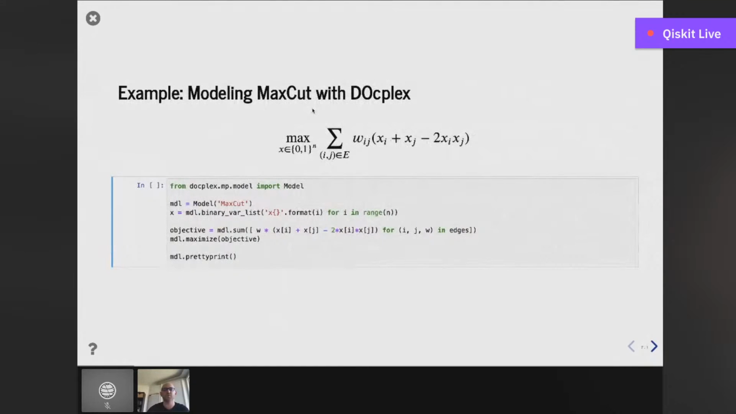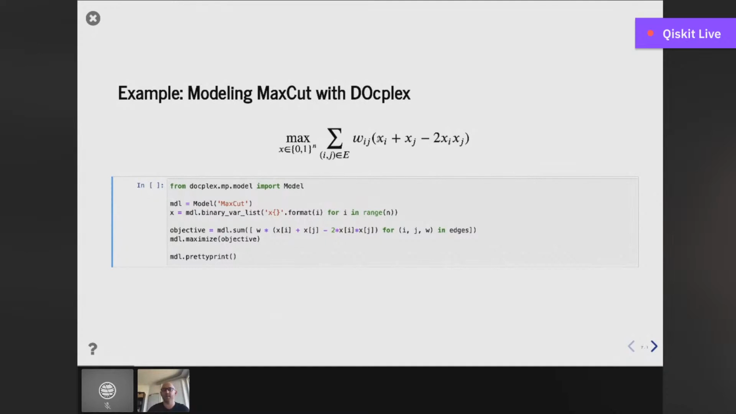And now let's see how to model that with DO-Cplex. Here we have the quadratic objective function we're interested in. So we want to maximize, in this case, over this set of binary variables. The objective is given by the sum over all the edges of the edge weights times this term. Now the binary variable xi denotes whether the node i is in the one class or in the other. So if it's 0, it's in the one class. If it's 1, it's in the other class. And if you look at this expression, if node i and node j are in the same class,